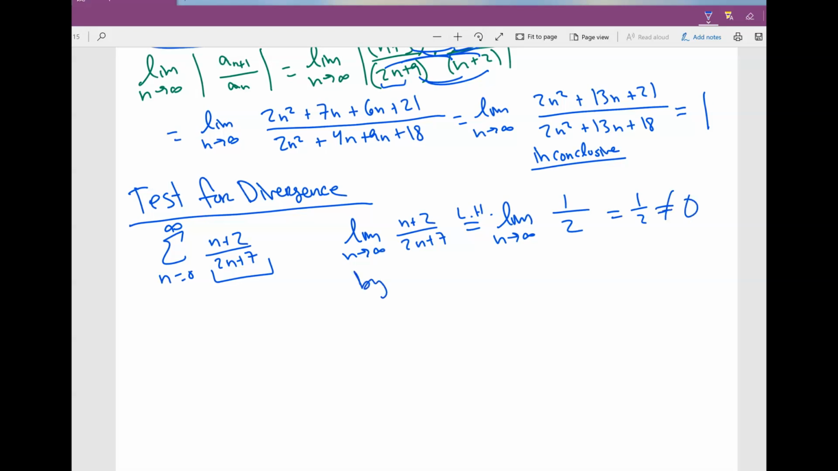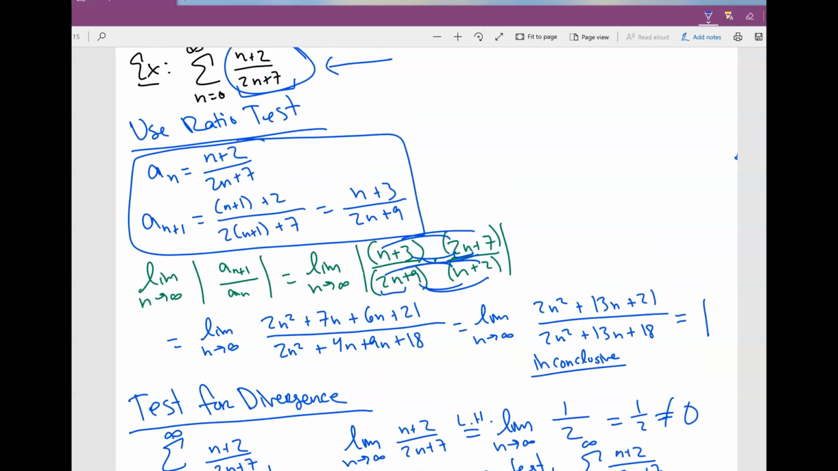So by divergence test, the sum from n goes from 0 to infinity of n plus 2 over 2n plus 7 diverges. Okay? So actually, from the very beginning, I could have just used a test for divergence. So what I actually would recommend is start off maybe with a test for divergence, okay? Or maybe something that's a little easier to work with before you start using all these other complicated methods,